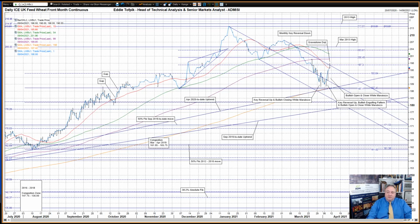I'll now talk about the one bearish factor that is still there, even today: the bearish January to March Andrews pitchfork, which has been giving the bearish angle of attack of this market. Now, the market was stopped from testing the lower tine, currently at 183.20, by the bullish forces of the uptrend and long moving average combination previously mentioned. Instead, the market did some action around the middle tine last week, and this week as well. That's currently at 190.20,